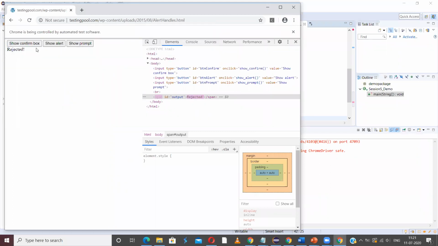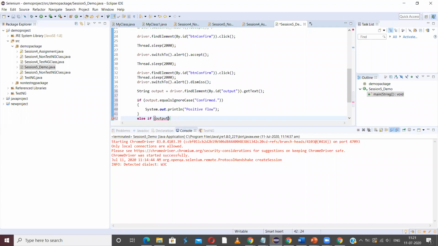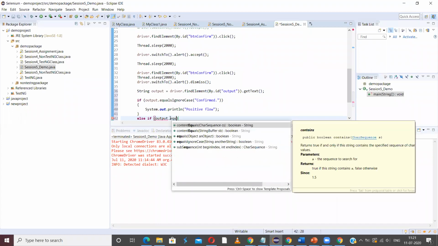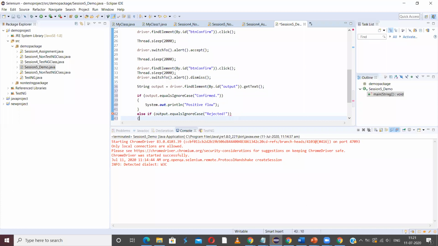Cancel, rejected, and there is an exclamation mark. So if output equals ignore case rejected with the exclamation mark, then it should take an alternative flow. Copy this.